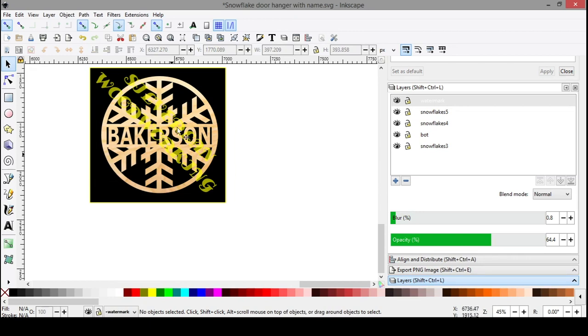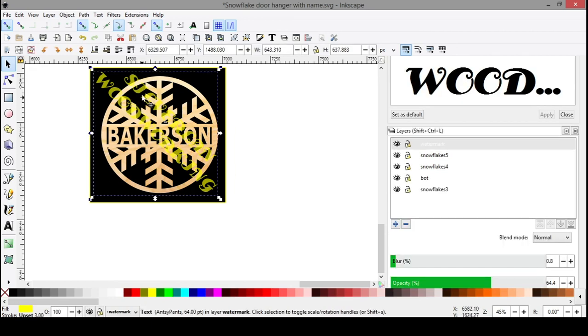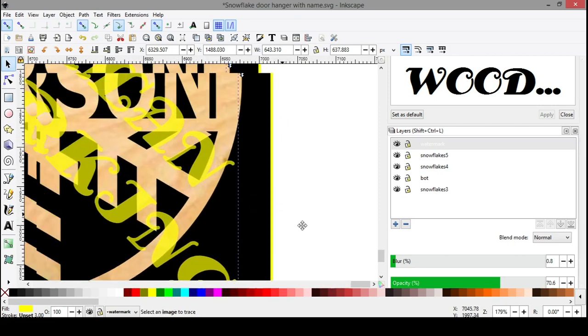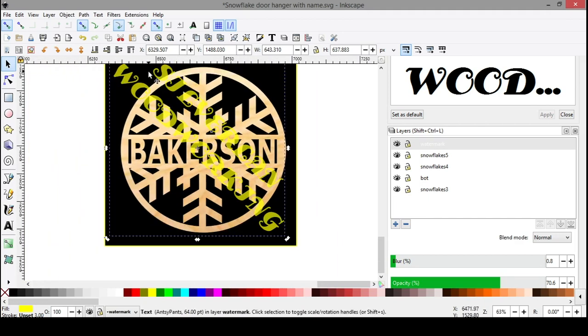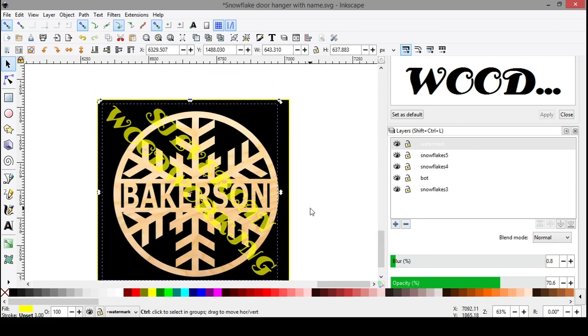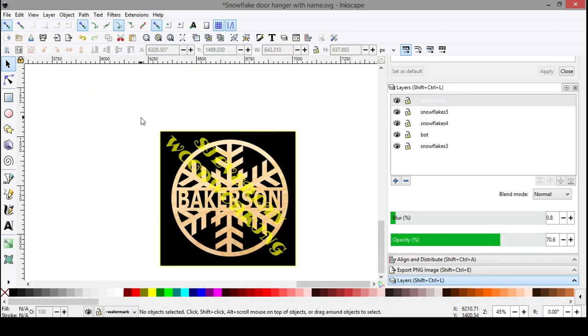Now, if they wanted to copy this, you have to make sure, and you can test this later when you export the image, that your opacity is just dark enough, but light enough you can see everything. I usually sit around 64 to, what was it, 70? Yeah, 70, because if I zoom in here, it's 70. All right, so 65 to 70 range, and this is dark enough that when you export this image, so say